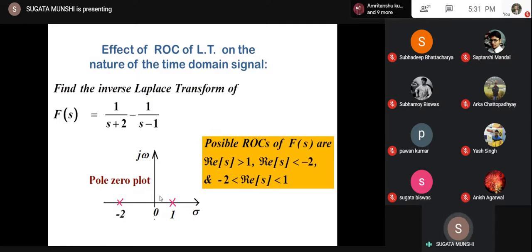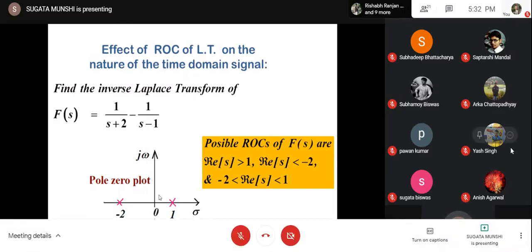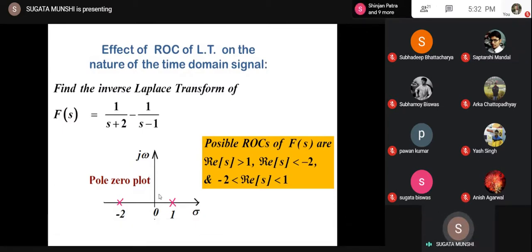Second point that you should remember is that whenever there is a boundary between an ROC and a region of divergence, at least one pole must lie on that boundary. If there is more than one boundary, then at each boundary there will be one pole. So two poles will be exhausted at these two boundaries. Other than the two boundaries, the poles may lie in the ROC or may not, depending on the nature of F(s). So here, what are the possibilities?